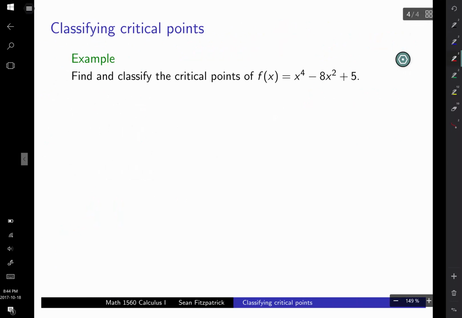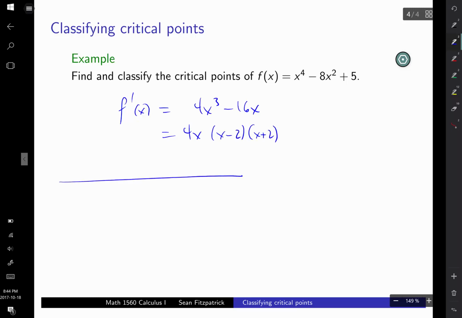Okay, so let's do one example to show how we classify critical points. Here's the same function we saw in the last video. In that last video, we saw that the derivative was given by 4x cubed minus 16x, and we factored that to 4x times (x minus 2) times (x plus 2). We drew our sign diagram